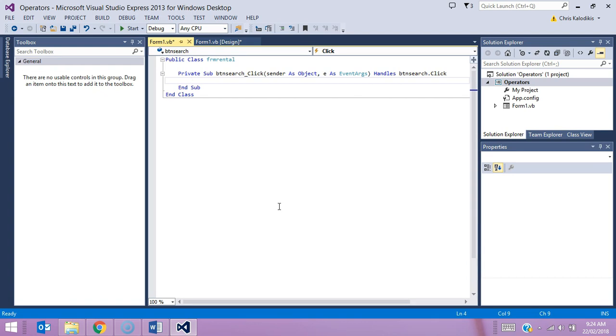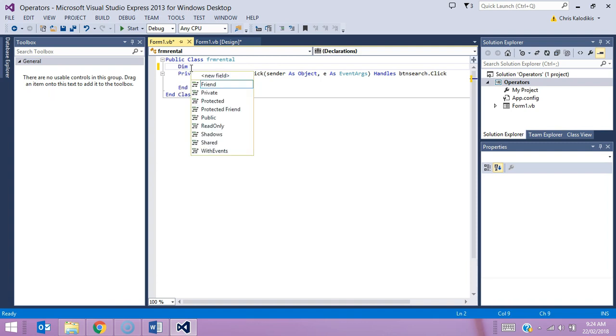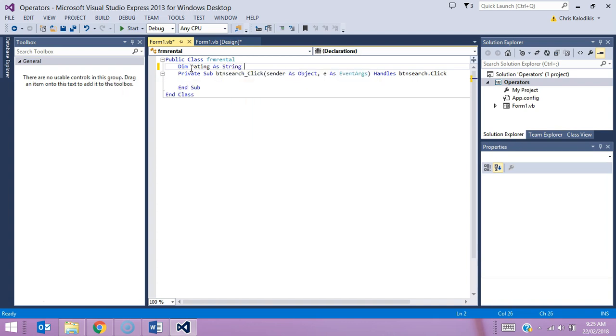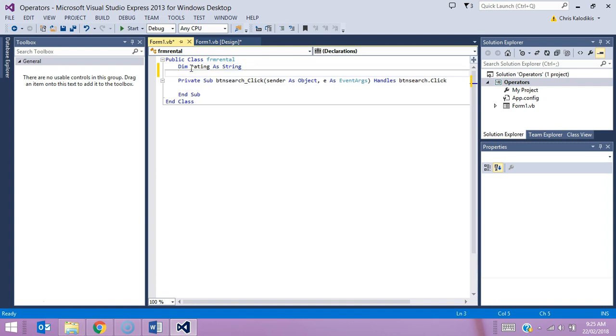The first thing I need to do is declare my variables for this program. So we're going to dim the rating as a string, because obviously it's all characters. It's either G, PG, M, MA15 plus, or R18 plus. Even though some of them are a combination of letters and numbers, they're still all characters. They're not going to be used for mathematic operations, so it just needs to be recognized by the program as symbols. But what we do need to do is dim age